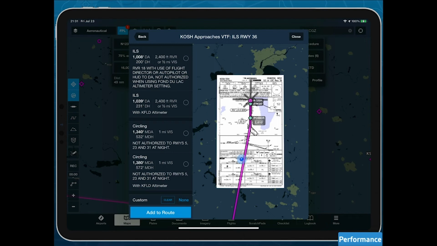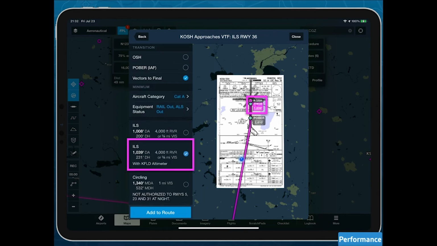And notice, I've got two ILSs at the top there. One of them with the notes on it, and then one of them that says with KFLD altimeter, with the Fond du Lac altimeter setting. So I can select the one that works for me, and now I get a little magenta box right there